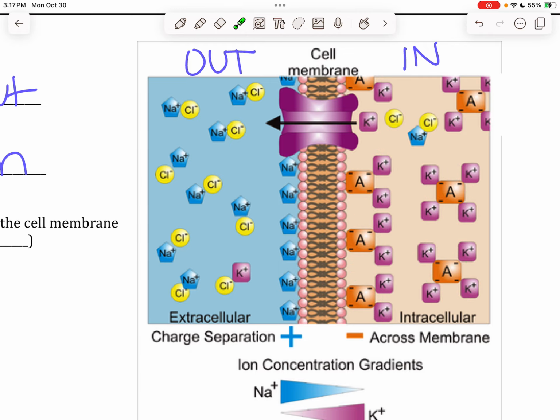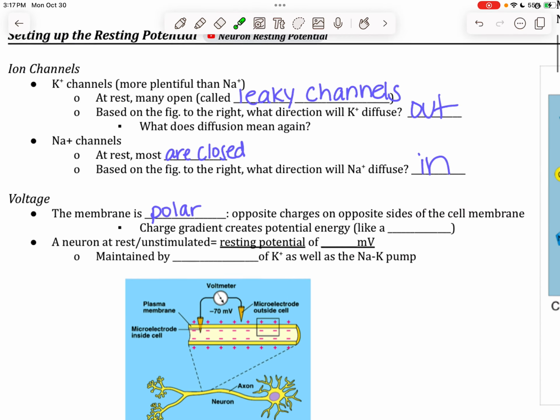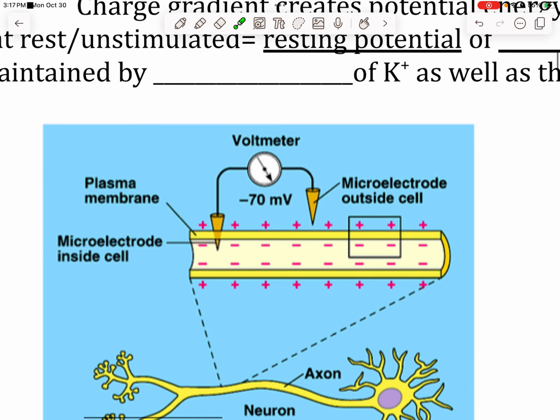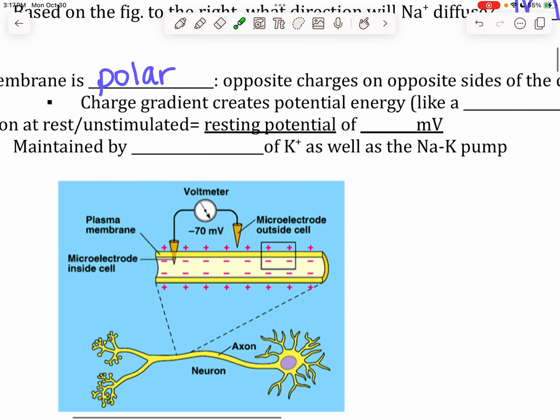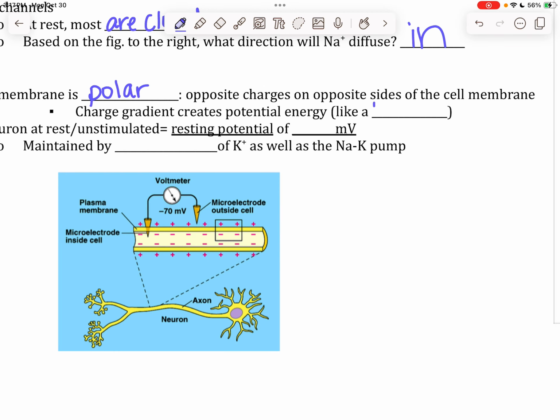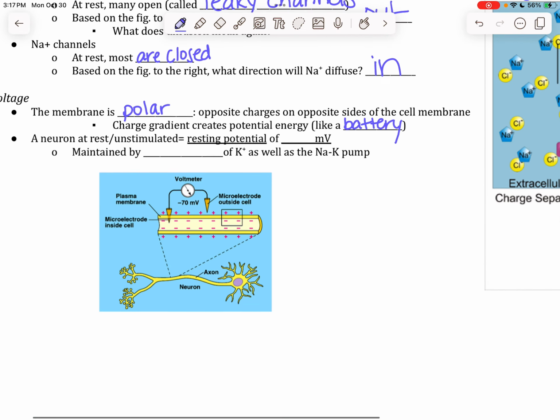Okay, we have a lot of potassiums, but they're really small in comparison. So the idea that one side is positive and one side is negative creates this charge gradient, which creates this thing called potential energy, or stored up energy, like a battery. Okay, this electrical energy